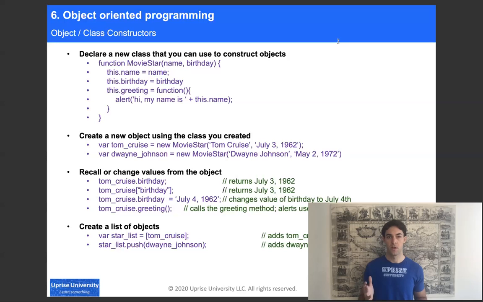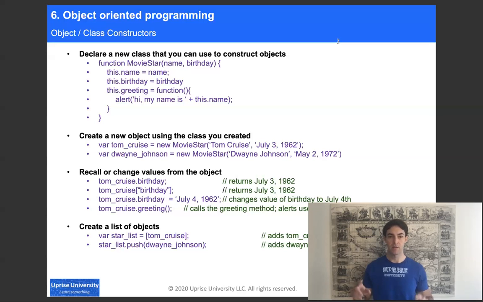We can use the object or variable name, so Tom_Cruise.birthday will return Tom Cruise's birthday. We can also use brackets with birthday in quotations between the brackets. And then we can also assign a new value to Tom Cruise's birthday using similar notation. And whenever we want to call any method associated with an object, we just use the dot,